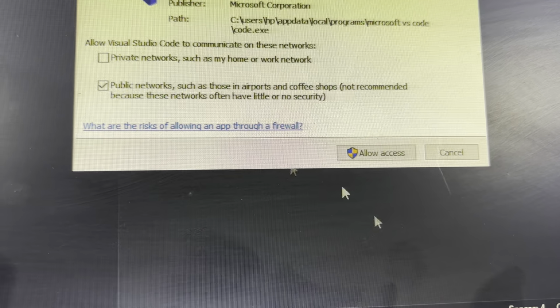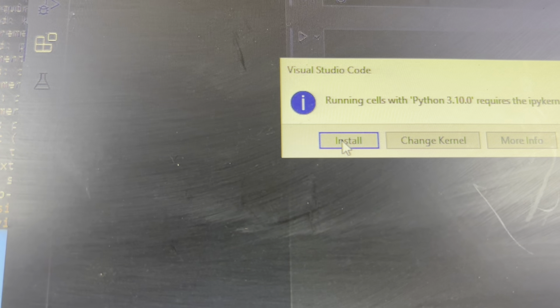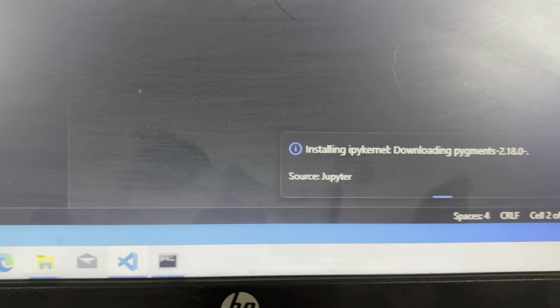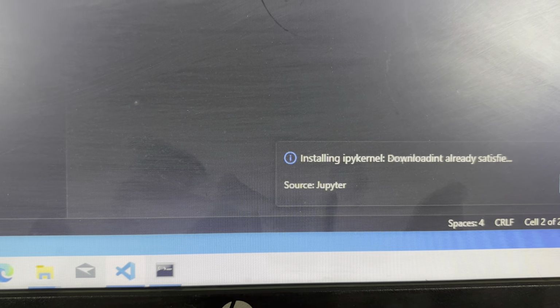Allow access, install. So it will just now install some things, and that's it. Just let it install.